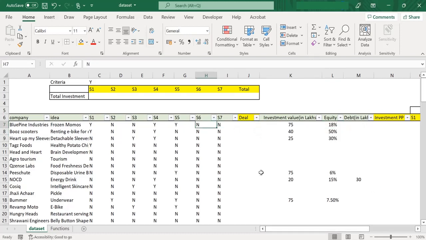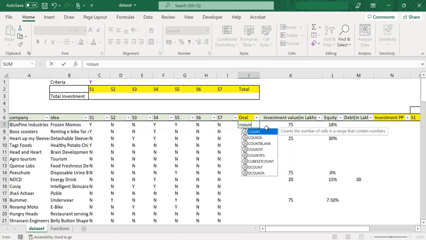Now our first step in this whole data set is to find out the number of investors who have invested in any particular company. That can be done using our first function, which is the COUNTIF function. So I'll start by writing this function. As we can see, the first part is the range.